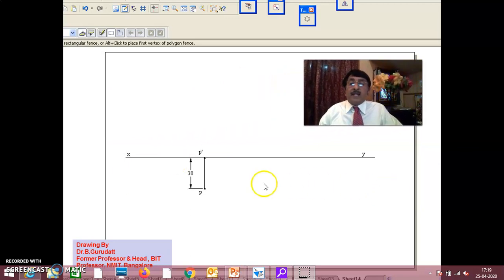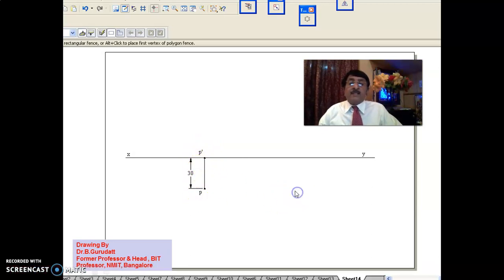XY line you draw. P dash and P. Once you know P dash and P, here afterwards it is the first quadrant problem. Don't even worry. P dash on the XY line means P should be lying on HP. When it is lying on HP, how much in front of VP has to be ascertained? It is 30 mm in front of VP. So P dash on the XY line means immediately you say P is lying on HP, 30 mm in front of VP. In the same way,